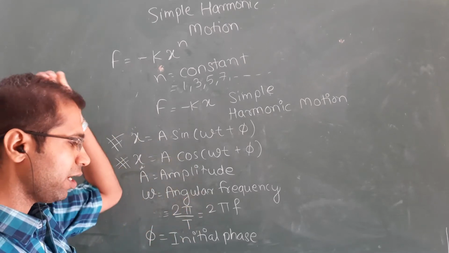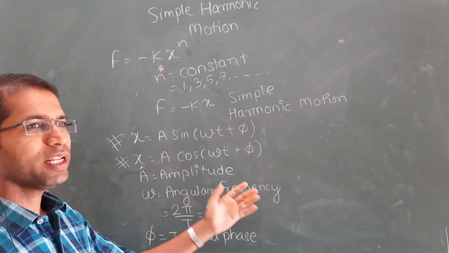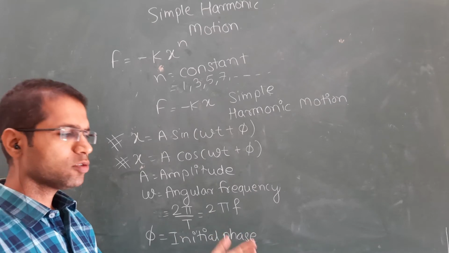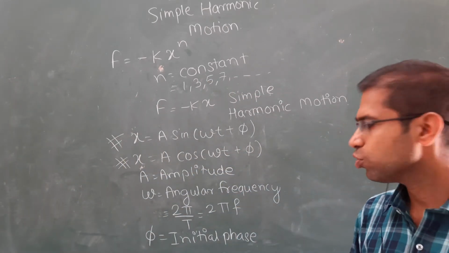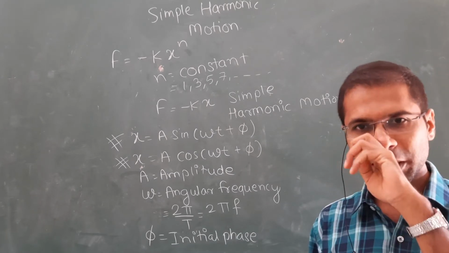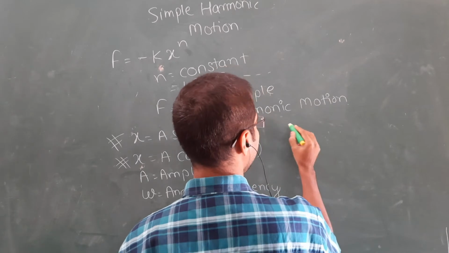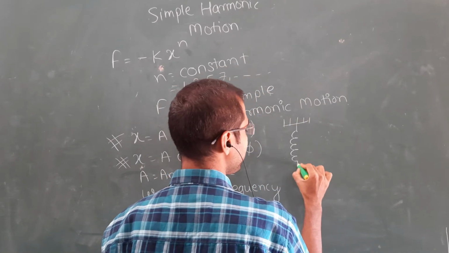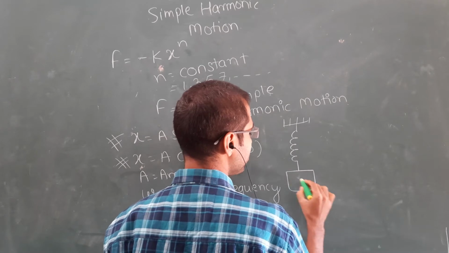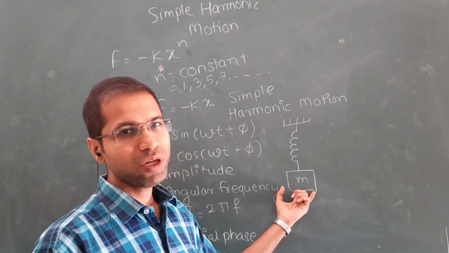Now going ahead, as we continue to solve, many things will come. But for our understanding of what exactly simple harmonic motion is, we can take a very simple case of a spring mass system, where we have one fixed support, a spring hanging from it, and we have attached some mass to it. So this is the equilibrium position.